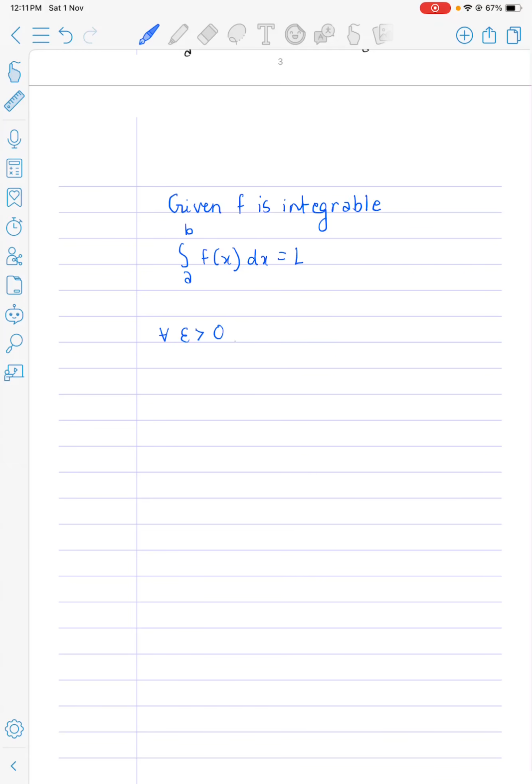It means for every epsilon greater than 0, there exists delta greater than 0, such that if you take any partition with the norm of P less than delta,